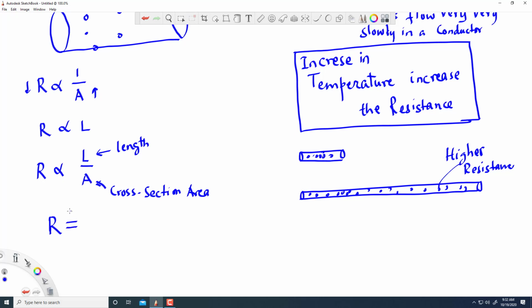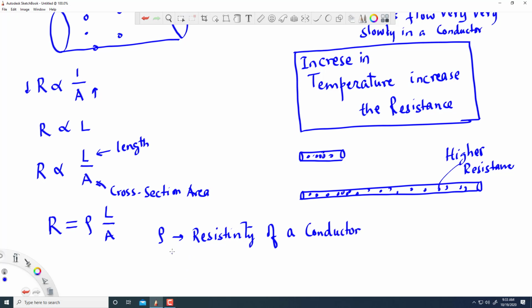Whenever we turn that into an equal sign, we need to use some kind of proportionality constant. In this case, the proportionality constant is what we call resistivity. Rho is called resistivity of a conductor,